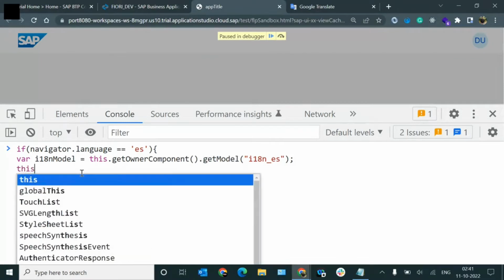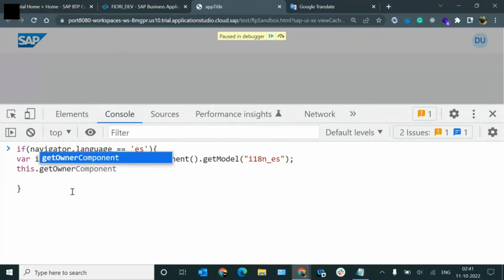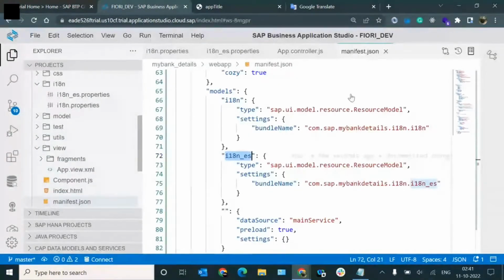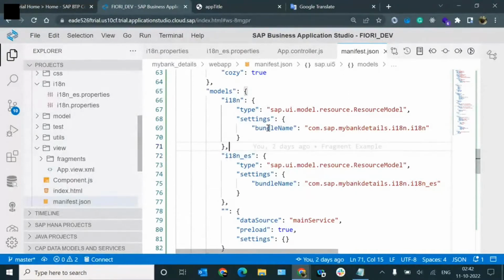So what I do now, this dot get owner component dot set model. Instead of doing get model, I'm setting the model, and I'm setting this i18n model, because now inside this variable we have our entire Spanish i18n model. So I pass i18n model here to set the model, and now I can hit enter. Why did this code execution happen? Because navigator.language is actually es, which we checked previously. I'm storing the i18n model first inside a variable, and then setting it for the entire application, because this dot get owner component refers to the manifest. So I'm saying this dot get owner component, saving this model, setting this model, and